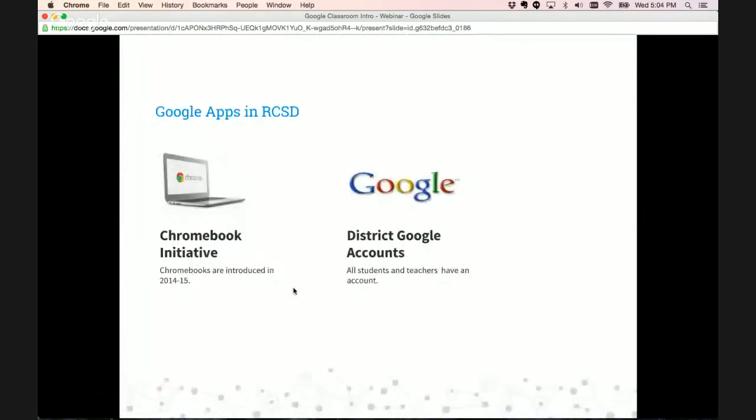So last year, how Google Apps and Google Classroom came into our district is we had a large Chromebook initiative that started last year. And with the Chromebooks, every district teacher and student and actually employee now has a Google account. So with these Google accounts, teachers can now use the Google Classroom, which is available just for this education RCSD